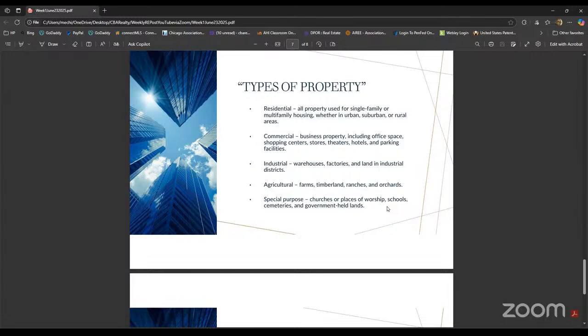Industrial: warehouses, factories, and land in industrial districts. So just think of your big warehouses or factories. If you represent those type of clients, then yes, you would